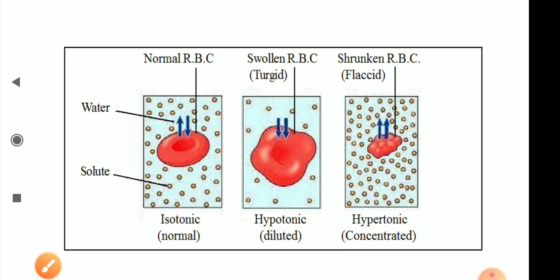Okay, the terms I am going to explain to you, concentrated and dilute. If we take a glass of water, and two glasses of water we have taken, in one we put only a single spoon of sugar, fine, and in another we add 4-5 spoons of sugar and mix it. So which one is going to be more thick, or we can say more sugary? That is the concentrated one. ठीक है, जो ज़्यादा गाढ़ा है उसमें ज़्यादा हमने solute add किया हुआ है, जो ज़्यादा पतला है उसके अंदर कम amount है solute का. So that is hypo and hyper. Hope I am clear with this.